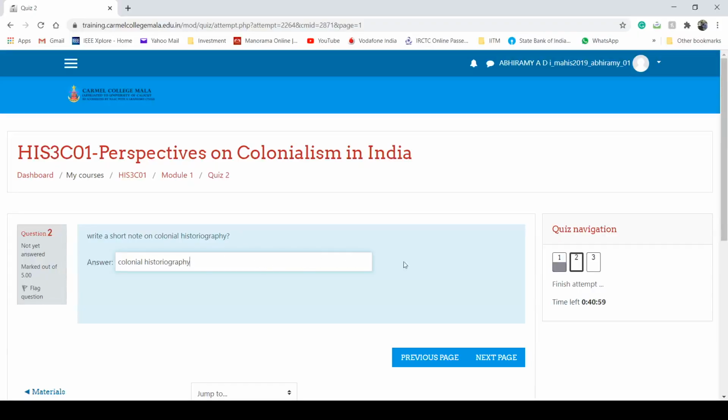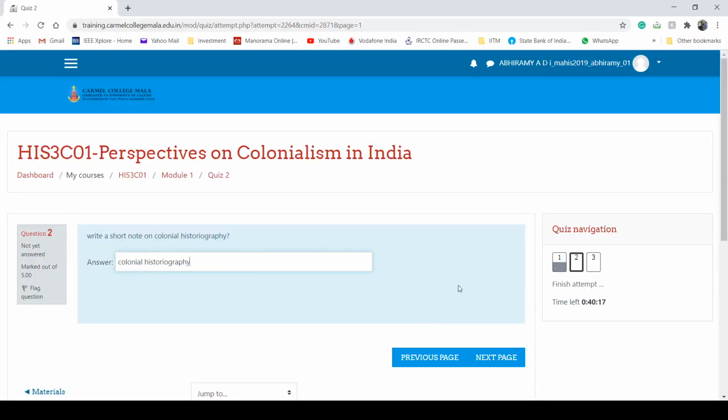Otherwise, this is a short note question, and if you want to upload it along with the Marxist essay question, you can write it after the essay question and upload it combined. The short note question is 5 marks, the essay question is 10, and here it is a 5 mark question. So I am just typing colonial historiography, or otherwise you can upload it with the previous essay question.